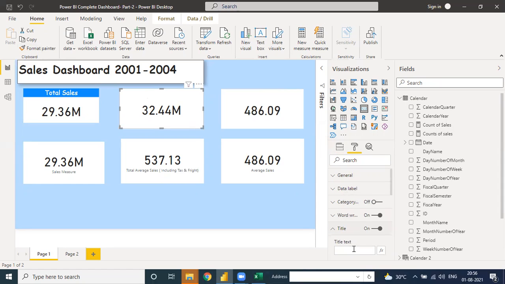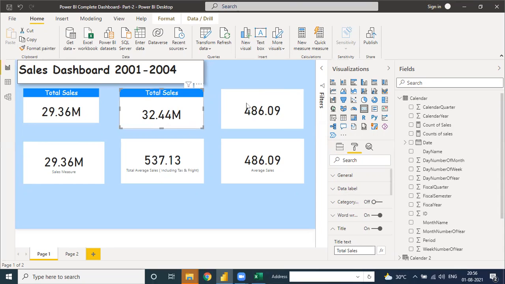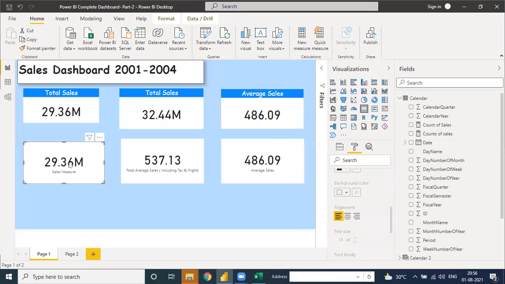Suppose here is a title, total sales. Okay. So now under this, this one is average, so you can directly put the average sales. Under this, the total sales.